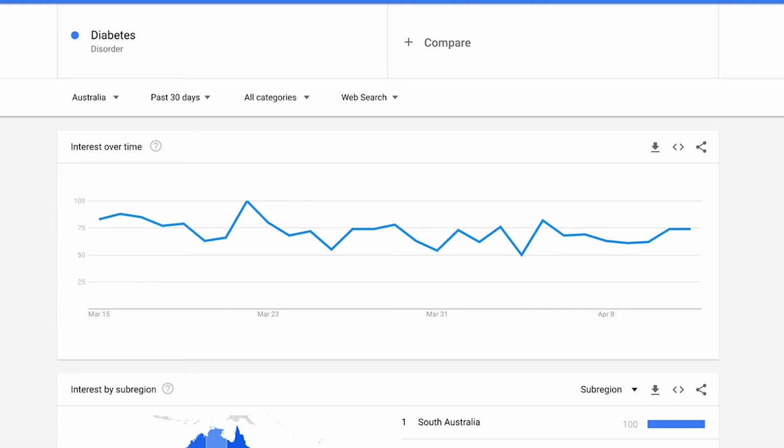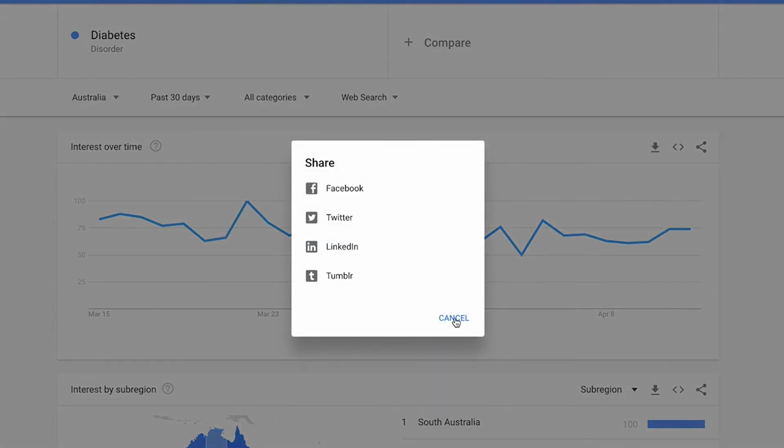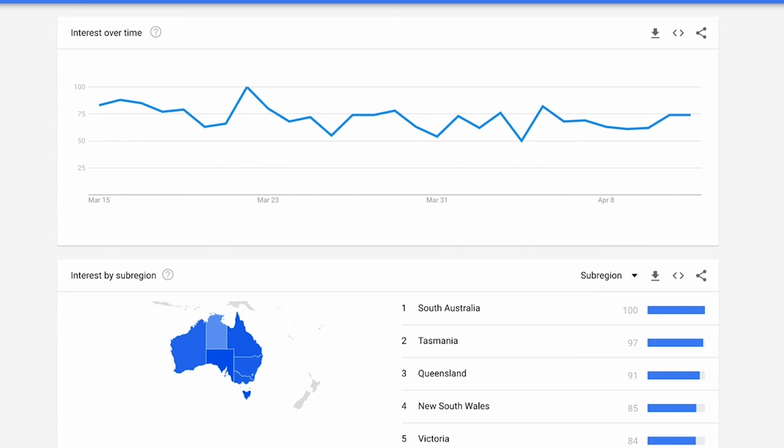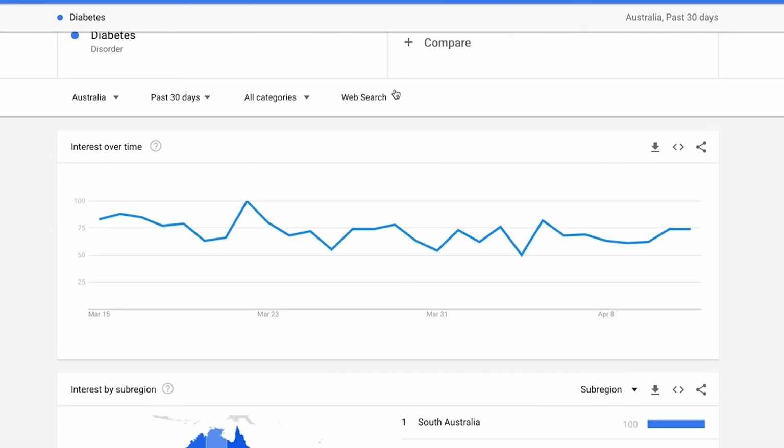Or you can even export your results. I'm pretty sure you can share them, and there's some options to export somewhere. Or you can just take the screenshot. Maybe set aside a particular time frame because you can get lost in the data here. But all of this is free and open to you. But remember, there's all these other search trend analysis tools that you can use too. So let's get back to the video.